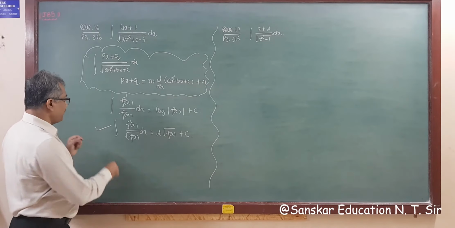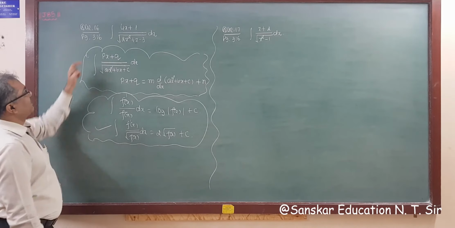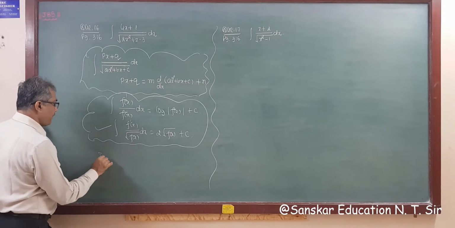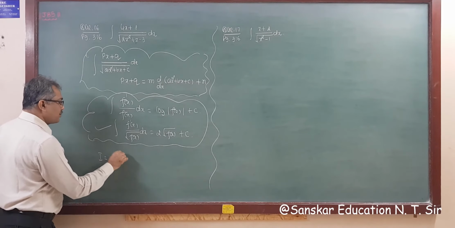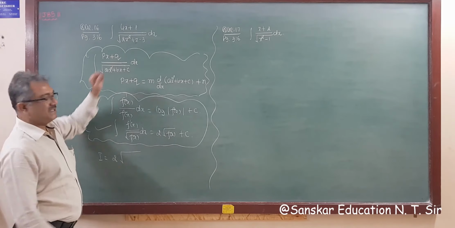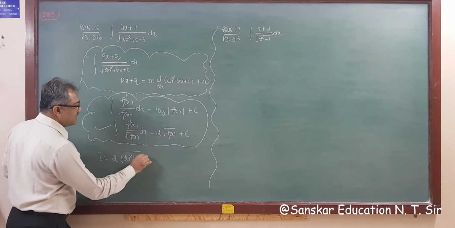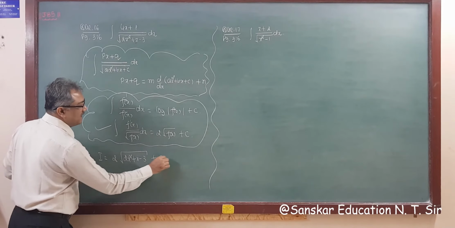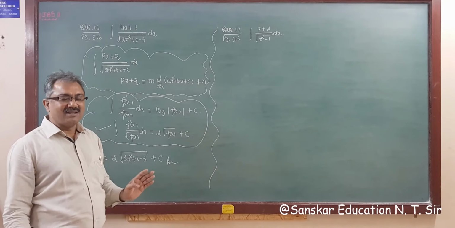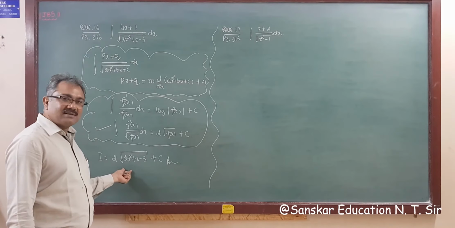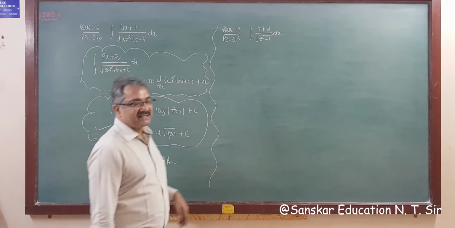So we have this form here, right? Applying this form here, what do we get? I is equal to, I am writing the answer directly, 2 times root of f x. F x is 2x square plus x minus 3, plus c. So this is your answer. And if you wish to find m and n, then you can find them, and you will get this answer, right? Got it?